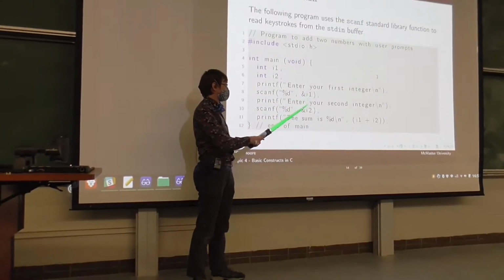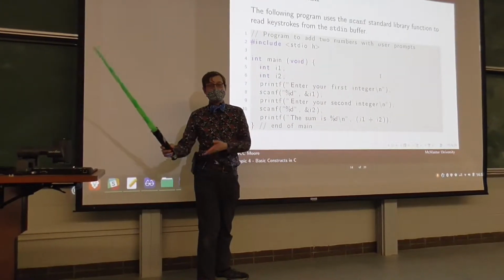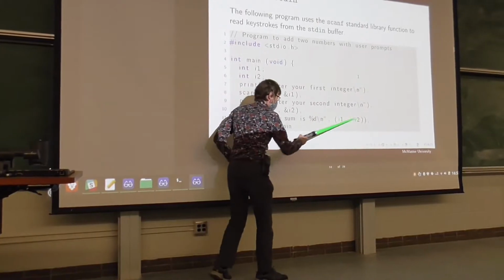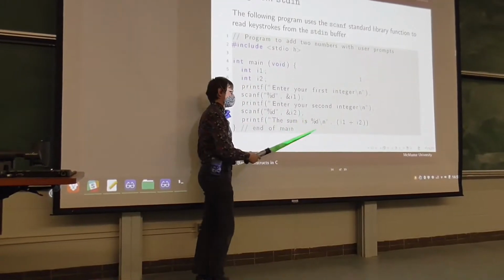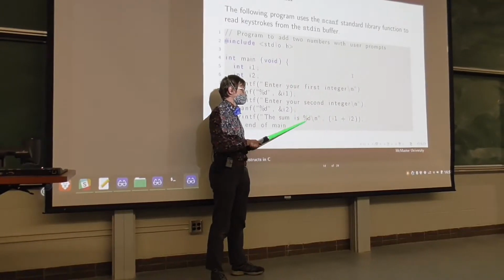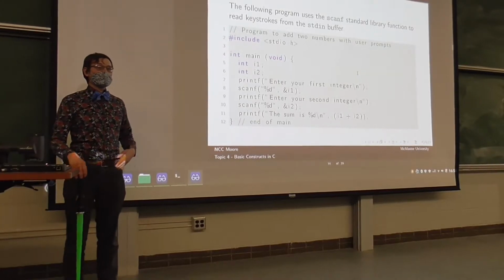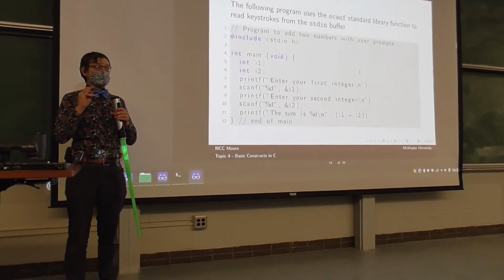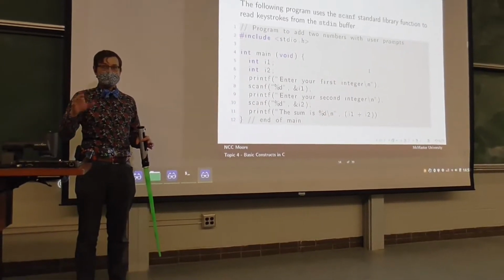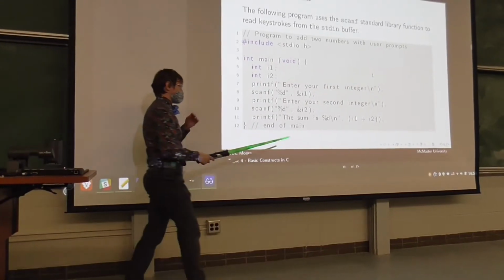So i1 and i2 both acquire values from scanf, which is like C's version of input. We then add the two of those together. The value of this gets put in this position in the string. This is string formatting. We have a whole topic on it, more or less, when I teach a C course, because you can do so much with it.